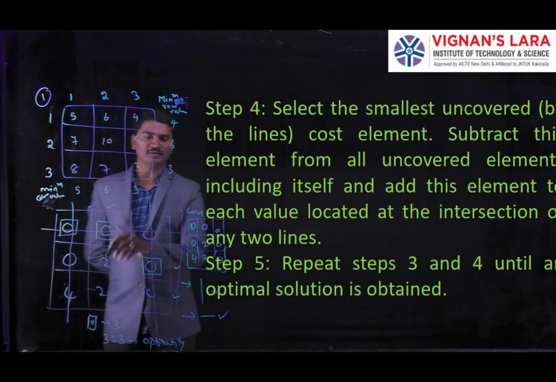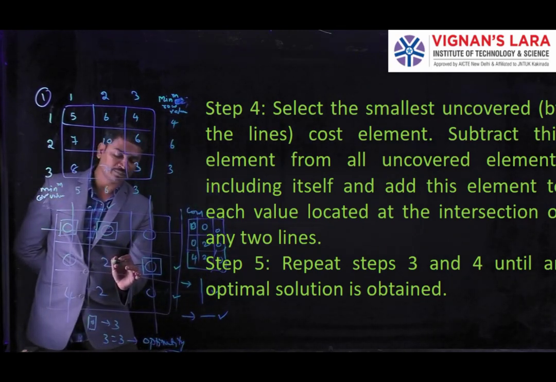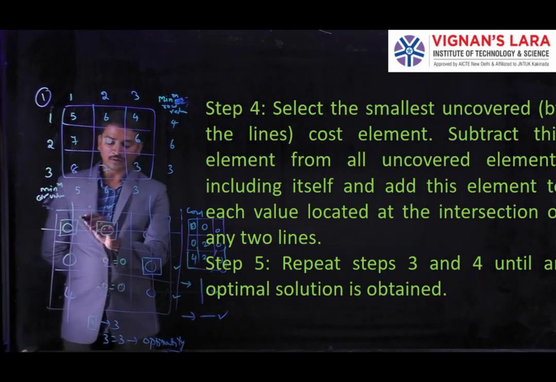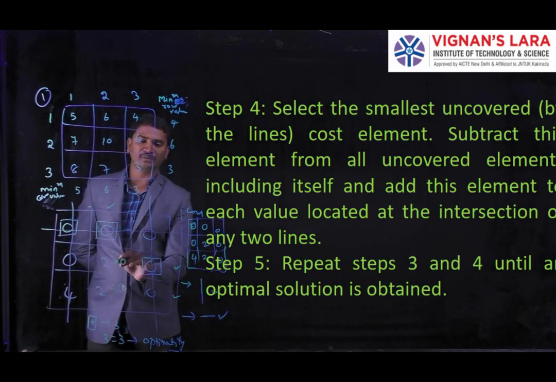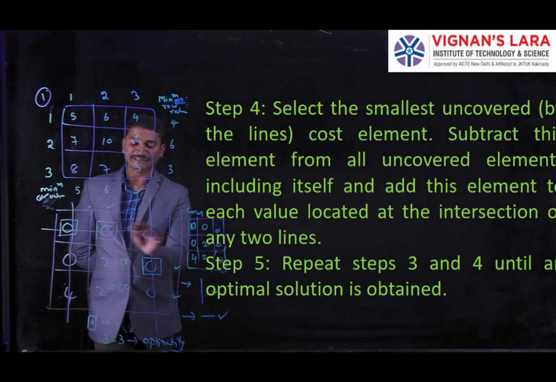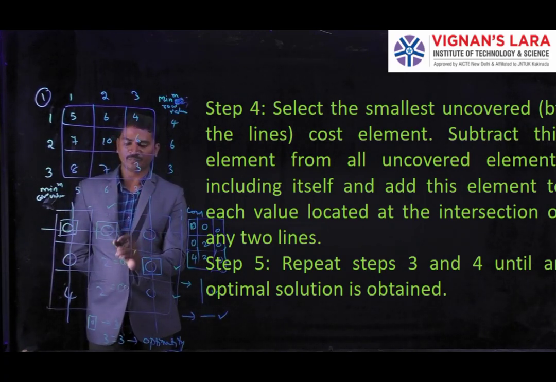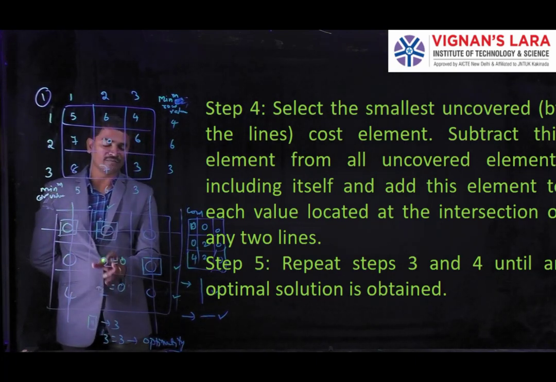If suppose here we have the 2, after subtracting this, what we get? Subtracting this we get 0. Here also we get 0. So here 2 lines are there. When we have no line, there we are going to subtract that minimum value. When we have a single line, we simply leave it as it is, we take the value as it is. When we have 2 lines, there we are going to add that minimum value.